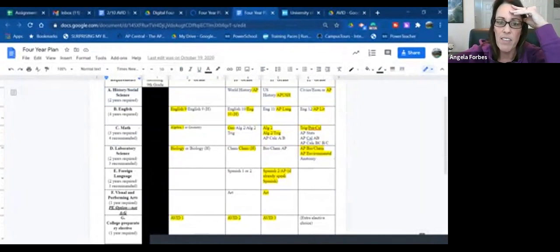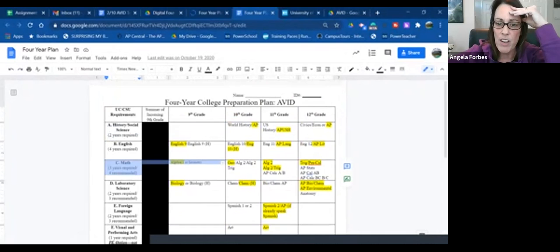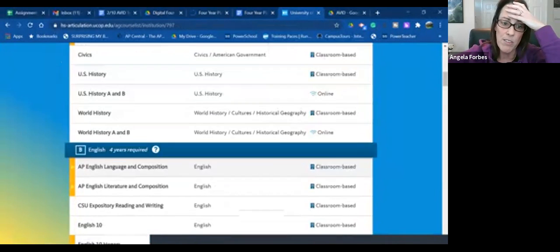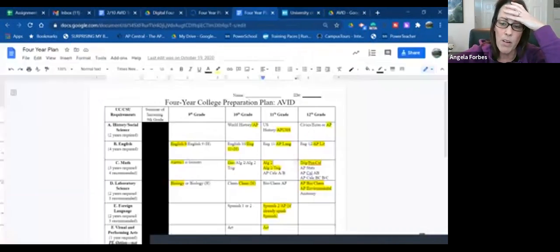Math, here's what they need to take. They'll take Algebra 1 or Geometry, okay? Then second semester, 10th grade, now it gets a little bit creative. They can take either Algebra 2, they can take Algebra 2 Trig. If they took Algebra 1, they'll take Geometry. 11th grade, that's where Algebra 2 or Algebra 2 Trig Honors or AP Calculus AB, their senior year. These are the 4 classes they could take, okay? Now, we do know that there are other options. Intro to Health, Intro to Statistics, for instance, is an option. And that's where you would go back and look, okay, does Intro to Statistics count in here? We generally don't recommend our advocates to take it